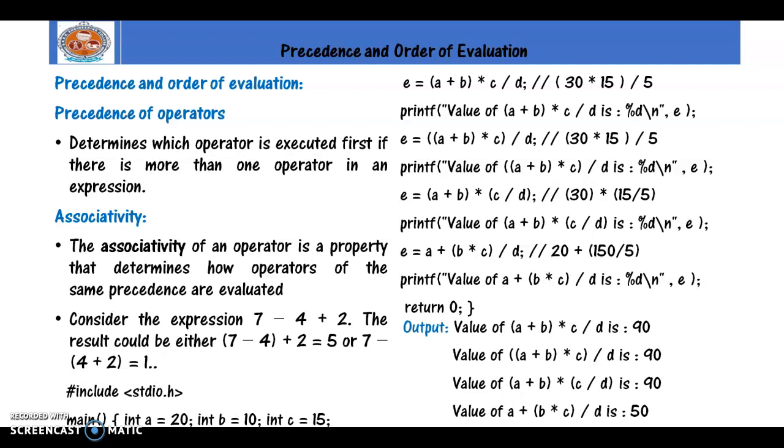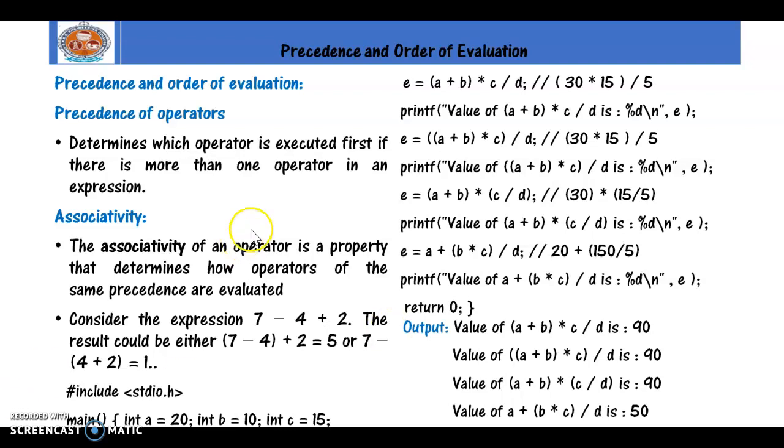Then what is meant by precedence? If you have more than one operator in your expression, like A plus B minus C, here plus and minus will have the same precedence. And similarly multiplication, division and so on. Precedence is nothing but the priority we give to the operators. Let us consider an expression like A plus B into C. Here multiplication will have more priority than addition, so the operands with multiplication will get executed first, and after that the less priority operator will execute.